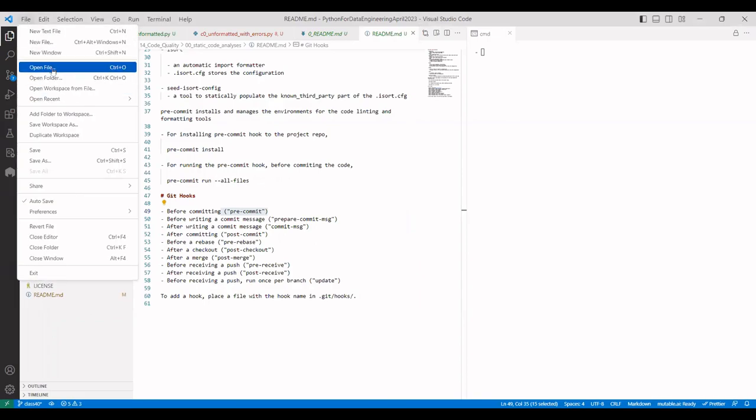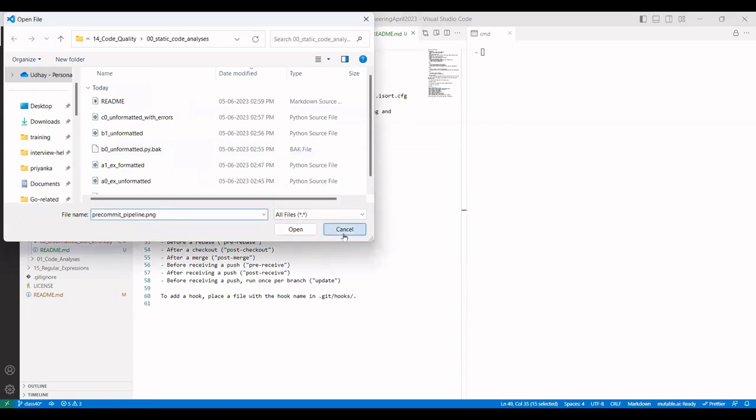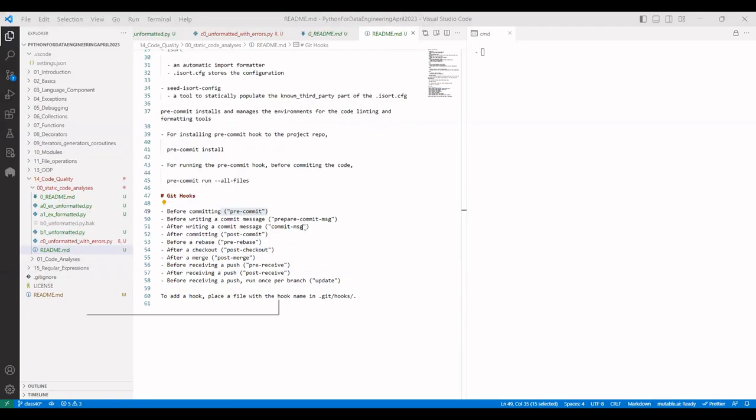so can open a file. Okay, so copy path. Okay,